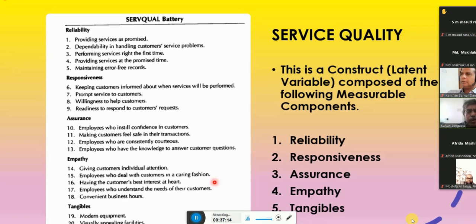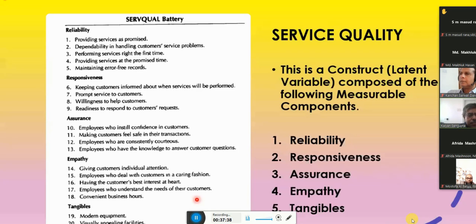If you are standing long in the queue, there is no place to rest, there is no air conditioning. So you should extend this empathy, and you can ask how much score you will give to this particular branch or bank.